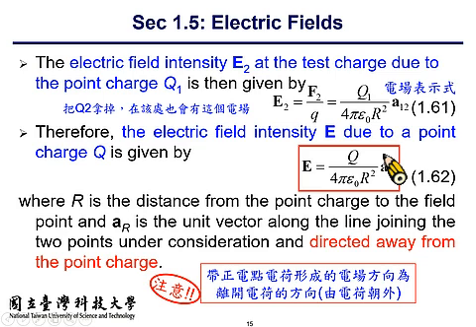Note that this relationship is only valid for the electrical field distribution of a point charge. 这个式子只对点电荷所建立的电场有效。假如不是点电荷，就不是这个式子。我们礼拜四的时候会去介绍不同的电荷分布所造成的电场分布，但这个是最基础，从库伦定律可以直接给你点电荷的电场分布。